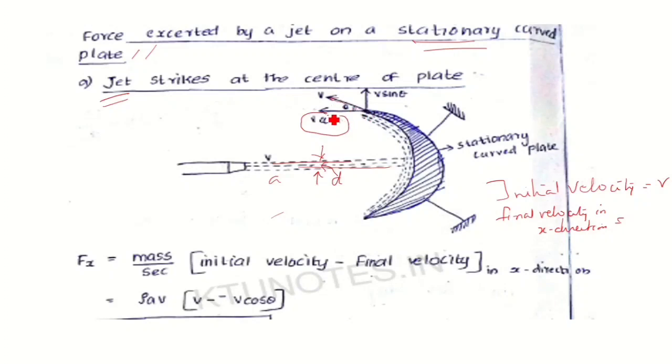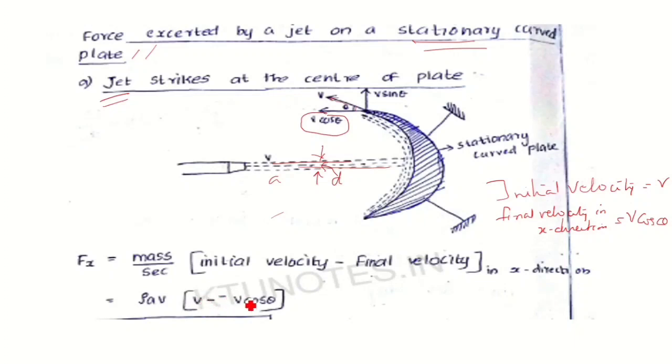So in the x direction it is v cos theta. Initial velocity is v and final velocity is v cos theta, the x component of v. So the equation becomes rho a v into v